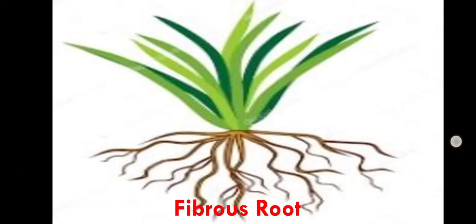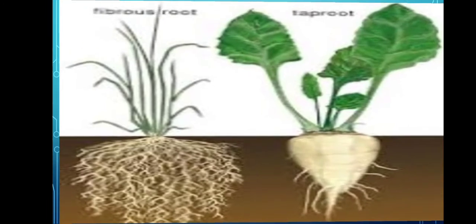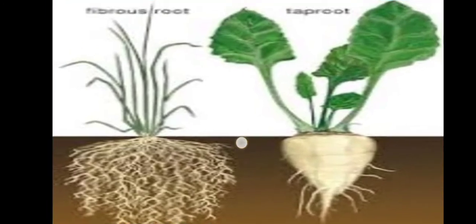So there are two types of roots, which are fibrous roots and taproot. In taproot, there is one big root and many small roots coming from the main root. And in the case of fibrous roots, there are several tiny roots. There is no primary root. Now,